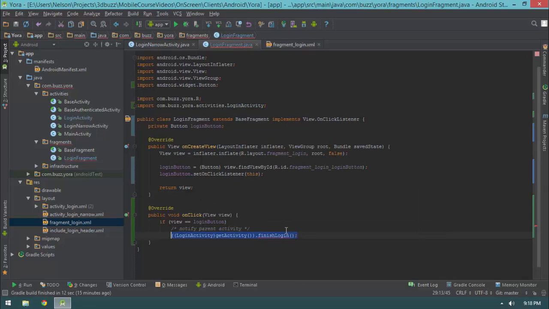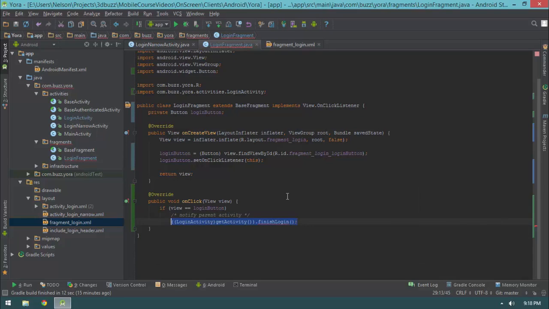We could do this, but by doing that we have now tied our login fragment to one activity. So now our login fragment can only interact with one activity that it's attached to, right? Because that's a LoginActivity. We hard-coded that in. Now you might say, okay, well, we can do a test. We can see if you are the LoginActivity, invoke this method on the LoginActivity. If you're not a LoginActivity and you're a LoginNarrowActivity, invoke that method. Well, that's just a hack. We need a generalized way to notify the activity that we're attached to about specific events that are specific